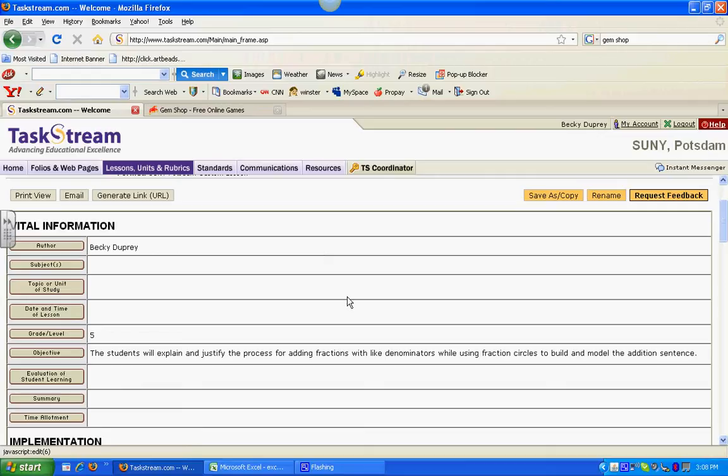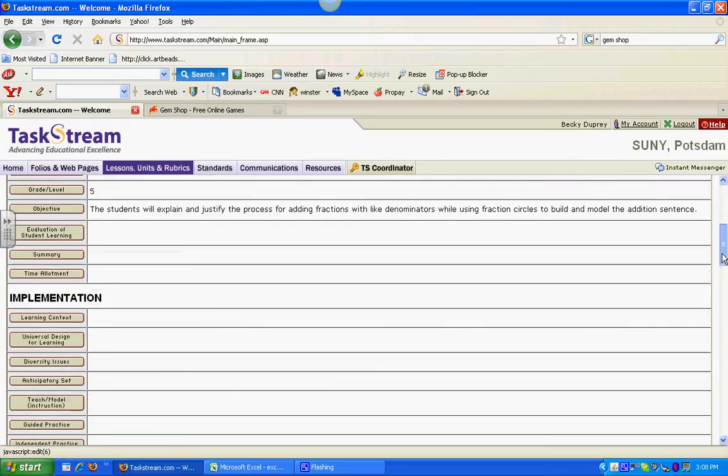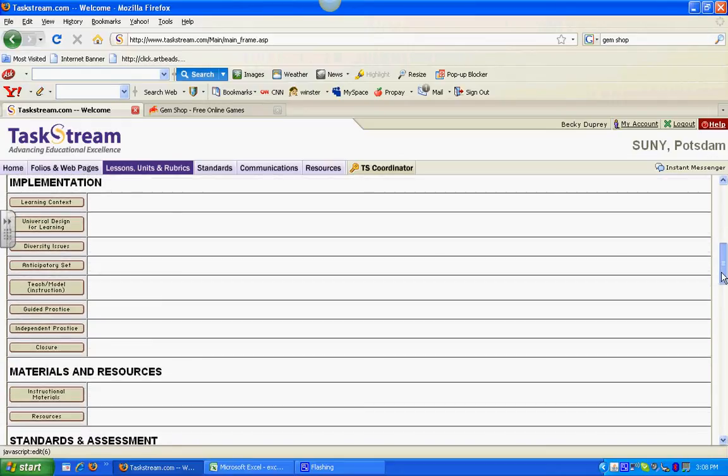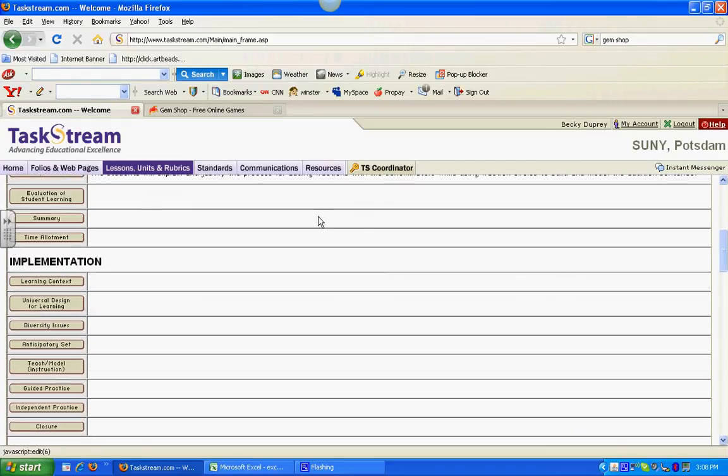The other button I really want to show you today is the standards button, because all of these other buttons really are text boxes, and entering text in one box is the same as another, so they'll all be pretty much the same as objectives. When I go down here to standards,